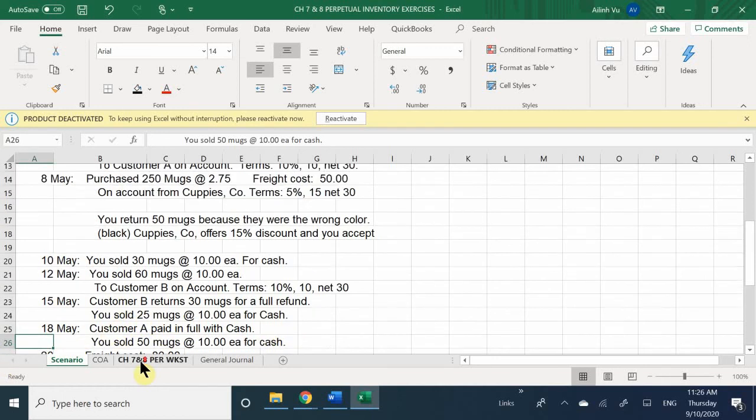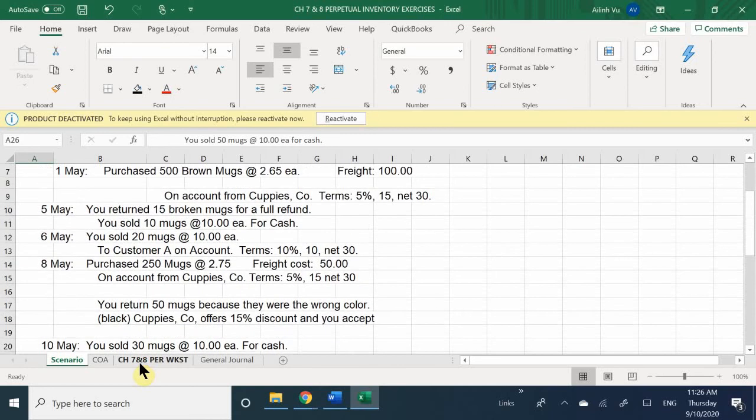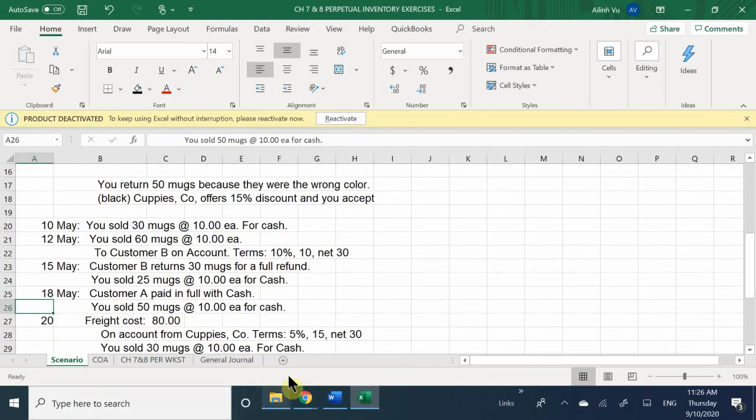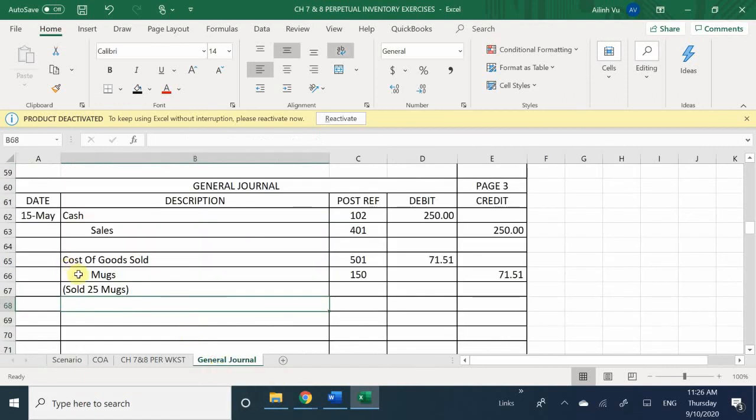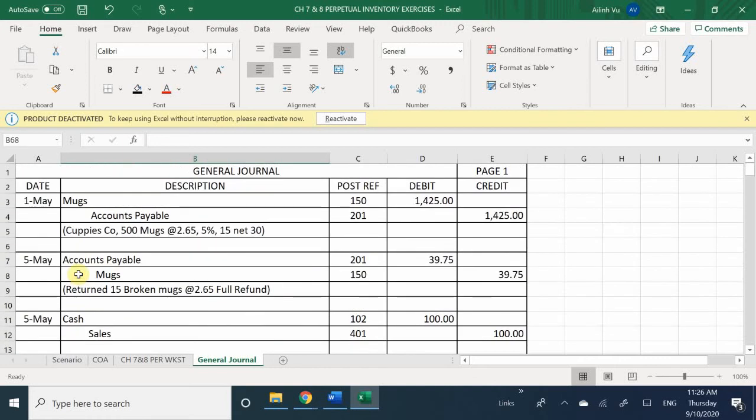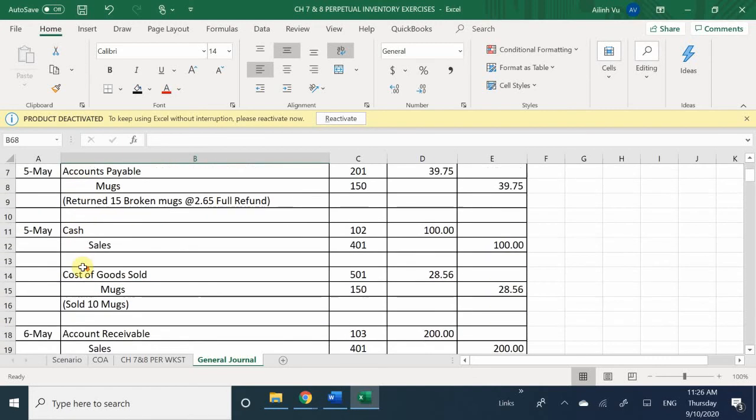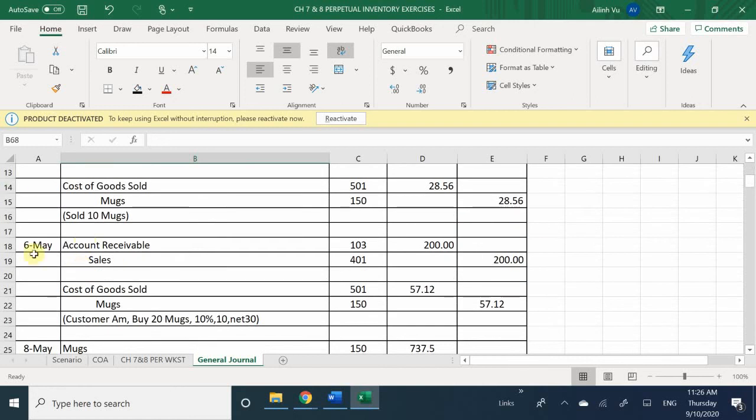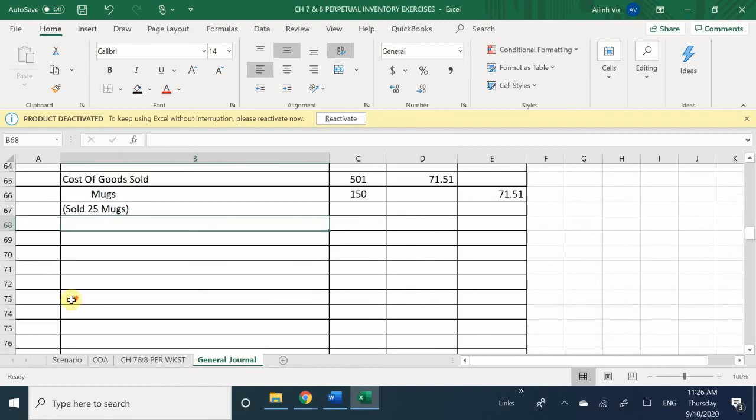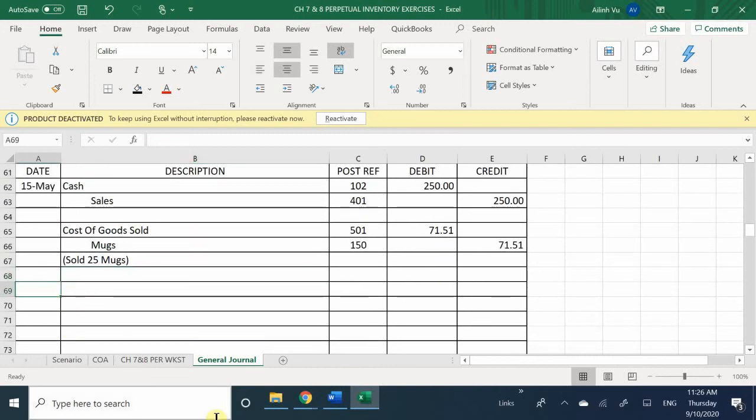Now let's look at a scenario again. Did customer A return anything? No. So that means their full amount is for their full amount. So I'm going to go to my journal. I'm going to go find that transaction for customer A so I can go ahead and bring that down. So customer A on May 6th, they owe us $200 even. Okay? So now we can recognize on May 18,